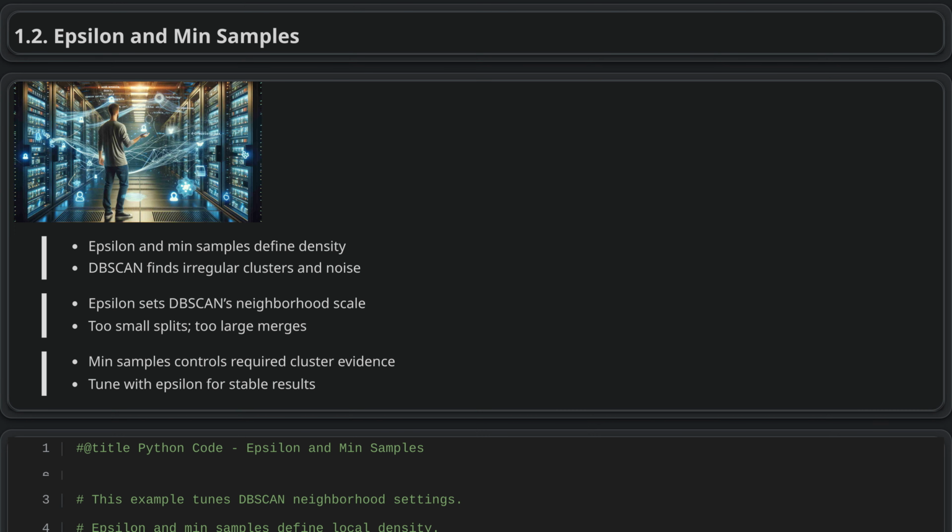Epsilon and min samples. In DBSCAN, epsilon and minimum samples define what counts as a dense region. Epsilon sets how far to look around each point, and minimum samples sets how many nearby points are needed for a core point. Clusters grow by connecting these dense areas, while nearby points may become border points and isolated points are treated as noise. Unlike k-means, DBSCAN does not require choosing the number of clusters in advance and can find